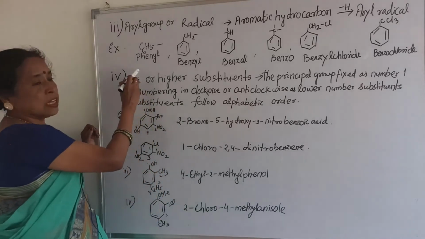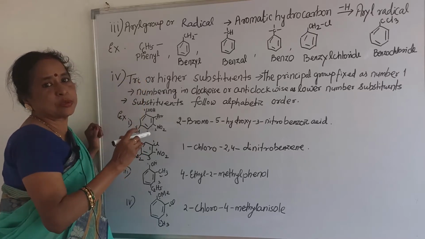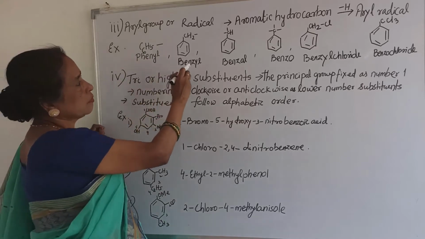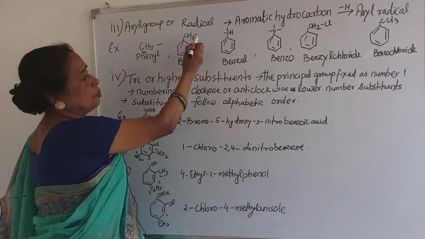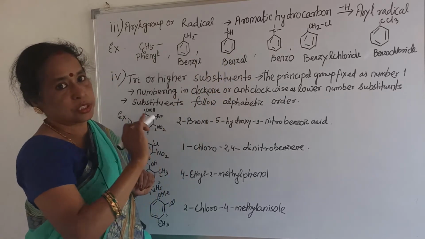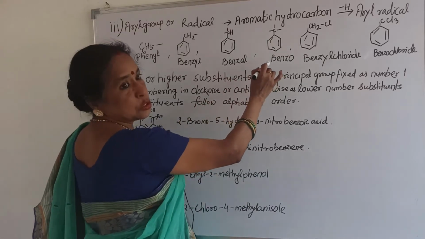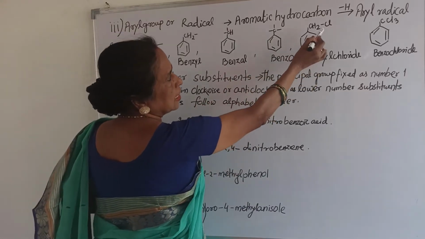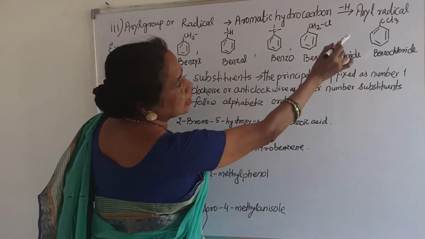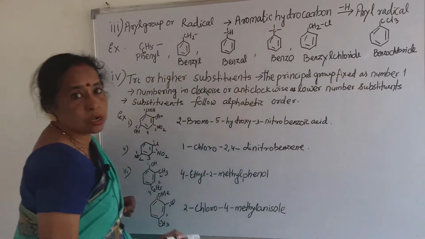Here see, C6 is benzene. In benzene, if I remove one hydrogen atom, it is known as phenyl, that is C6H5. Here, with one hydrogen removed from the methyl, it is known as benzyl. And here it is benzal, where 2 hydrogens are removed. Here 3 hydrogens are removed, so it is known as benzo. Let us see an example. Here Cl is attached to CH2, that is why it is benzyl chloride, and here 3 chlorine atoms are attached, which is known as benzotrichloride.